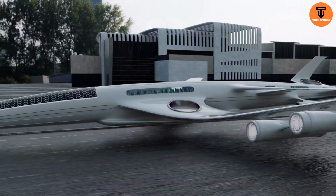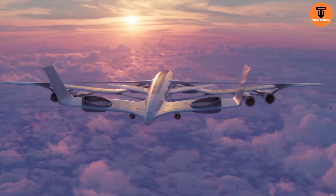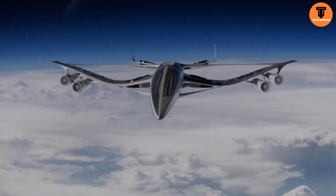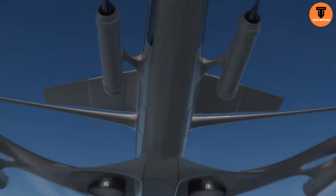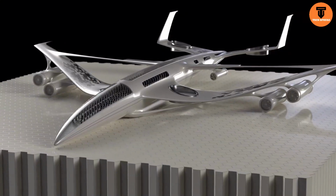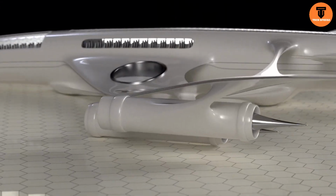They're ideal for missions that demand endurance, like environmental monitoring, disaster relief, or even delivering internet to remote regions. By staying airborne for days or even weeks, they outperform traditional aircraft in specific long-term roles. With every advancement in solar panel efficiency and battery storage, we get one step closer to making these aircraft more practical and powerful. While current models still face limitations, like weather conditions and low energy density, engineers are closing the